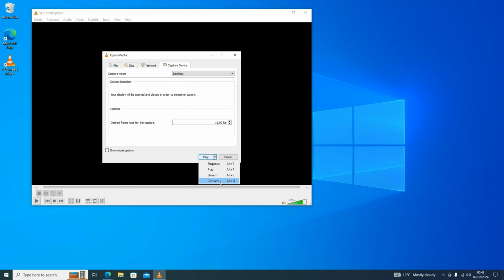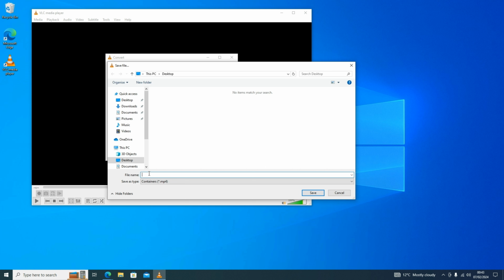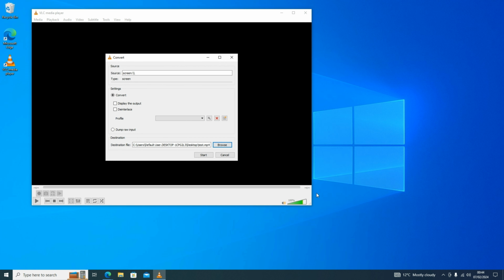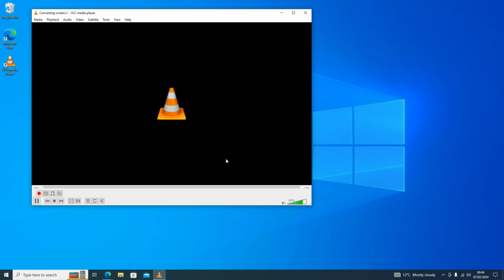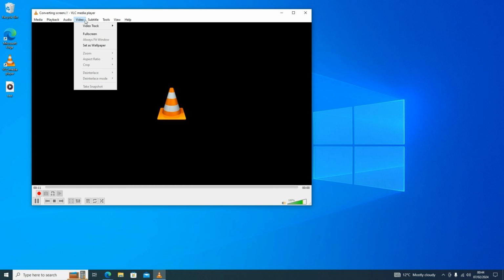go down to convert. Then from here we need to give it a destination file, so let's browse and let's call it test, and then we will save this to the desktop. That will create a folder just here, and then let's start that screen recording. From here we can then do whatever we want to do on the screen. We can go up here, we can, let's create a bit of